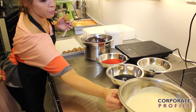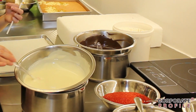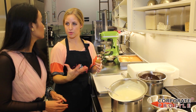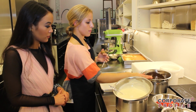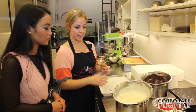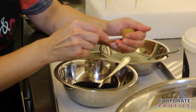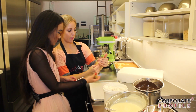you can use nuts of any kind, you know, any kind of topping that you want. So we pre-melted these chocolates over a double boiler very slowly so that the chocolate comes out nice and smooth, and we just use some melting chocolates, nothing too fancy. We use a moderately dark chocolate, it adds to the flavor a little bit, the richness, and then a standard white chocolate. So when we're ready to dip, we're gonna go ahead and just stick the cake pop with the